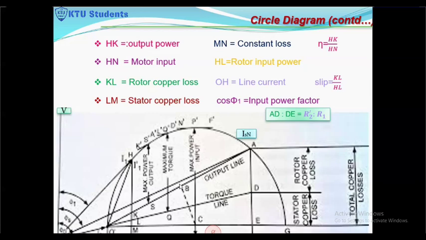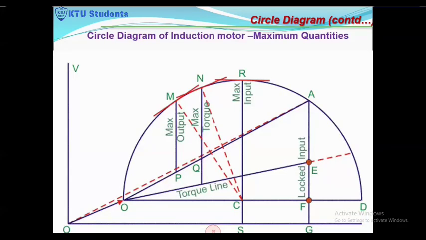And you will get the maximum power input. For that, you have to draw the reference axis from the origin. Remember, from the origin you have to draw a line parallel to the semicircle tangent. From that point, you draw a vertical to the reference axis drawn from the origin, and you will get the maximum input. This way you can get the maximum input, maximum output and maximum torque. Hope I have answered his question.